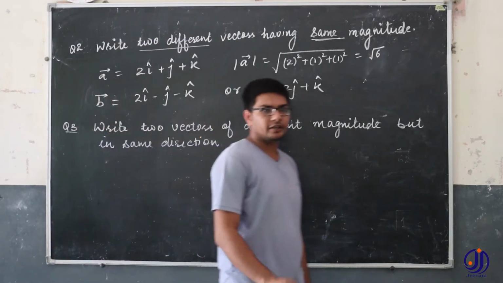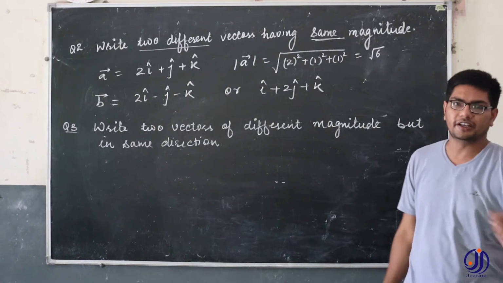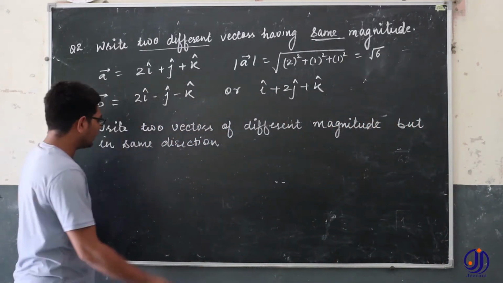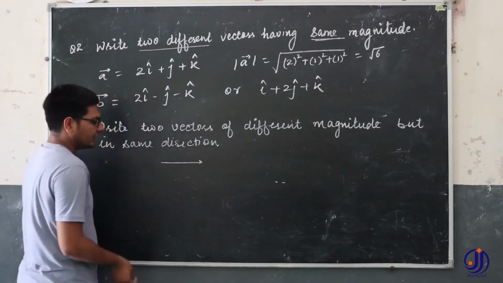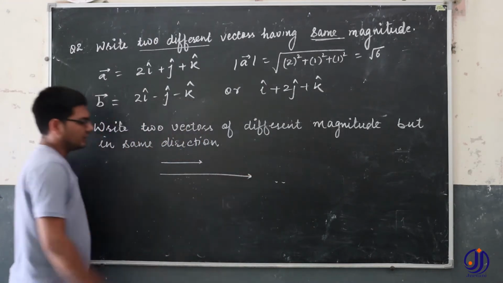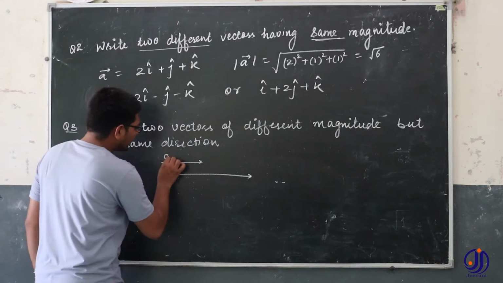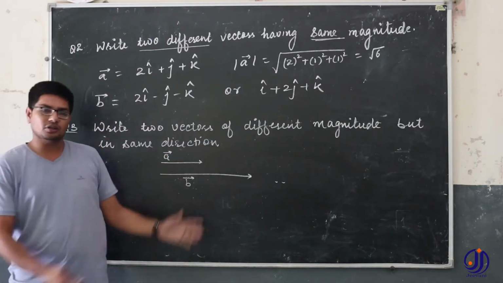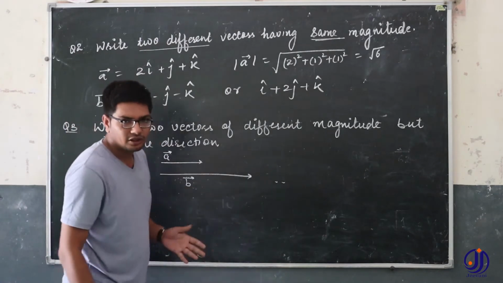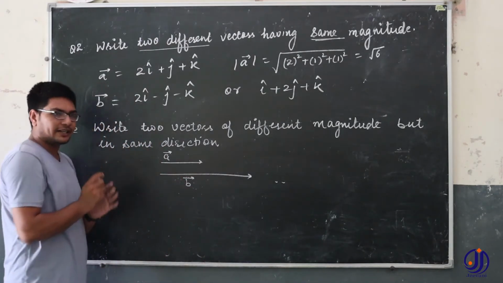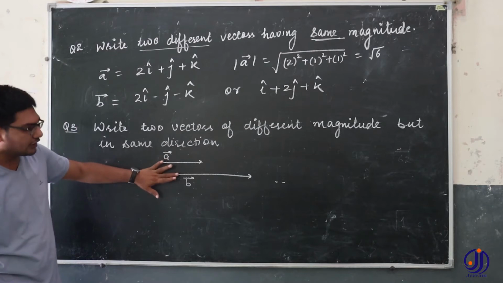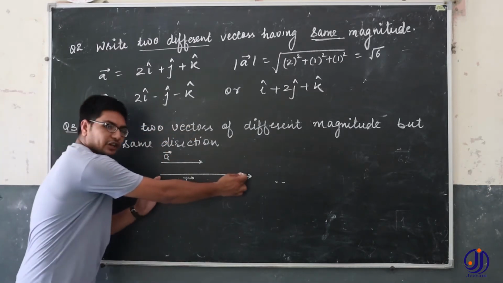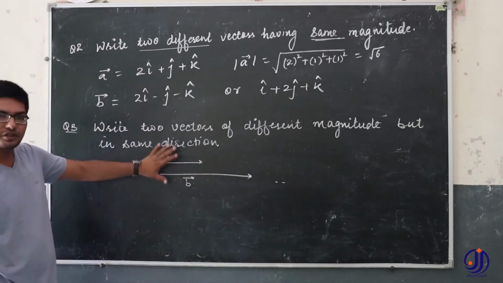In the theory part, we have discussed the concept of collinear vectors. Collinear vectors are those vectors which lie in the same line. Look, this is vector A and this is vector B, right? Both these vectors A and B are pointing towards the same direction, say towards my right hand side, okay? So they are pointing in the same direction, but you can see their magnitudes are different. The length of this arrow is this much, whereas the length of this arrow is this much. So their magnitudes are different.